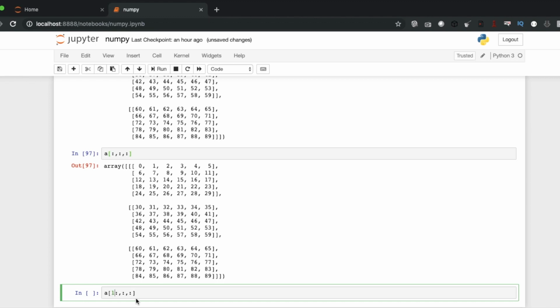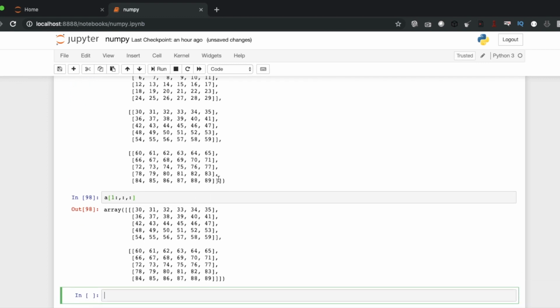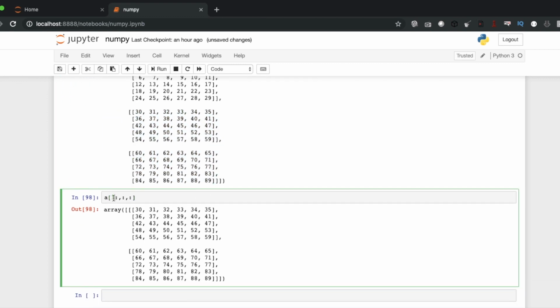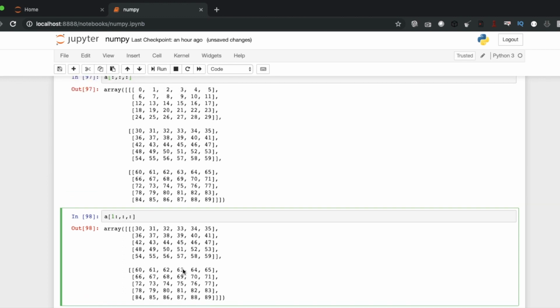So now we got this. We have started from first and nothing is mentioned after, which means the remaining items until the last one. So we got these two, and we have mentioned nothing, which means the complete whole set.